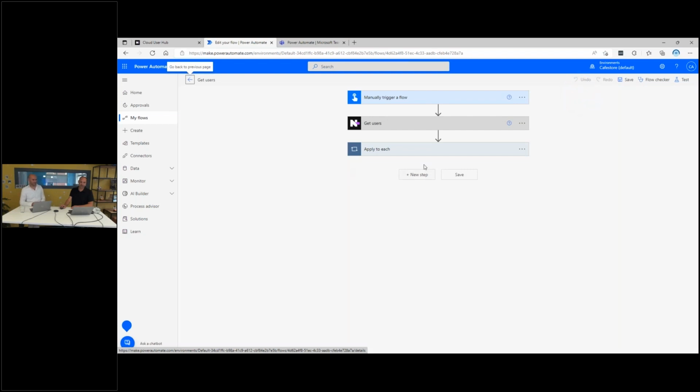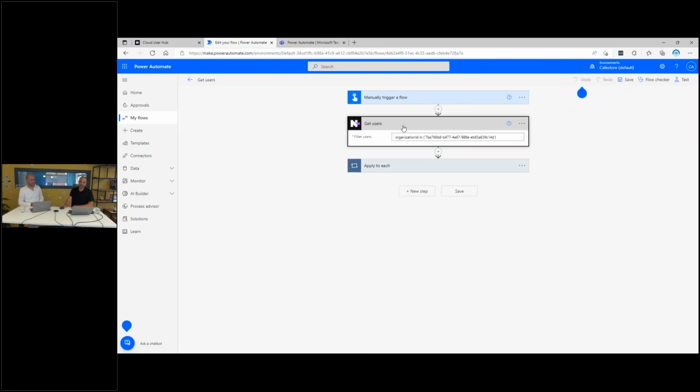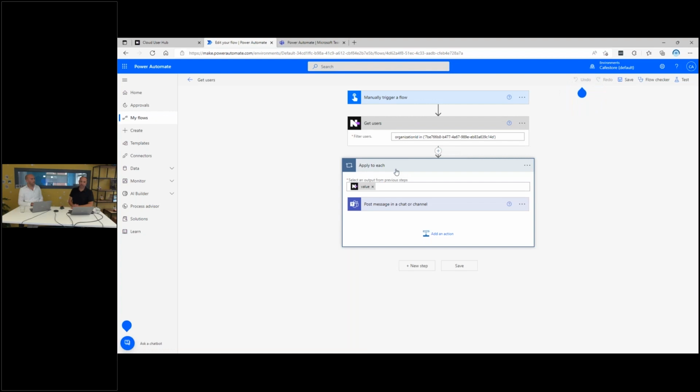There we go. So you can see that I can get users, and then I can post that in a Teams message. And this is very simplistic, of course, but this brings the power of command blocks. You can build a lot of things in Power Automate, and you can also bring a lot of things into scripting, of course. But now you have the standardization of command blocks and the multi-tenancy and the authorization aspects that we mentioned. And you can bring that into the Power Automate world and use several connectors to interact with those.